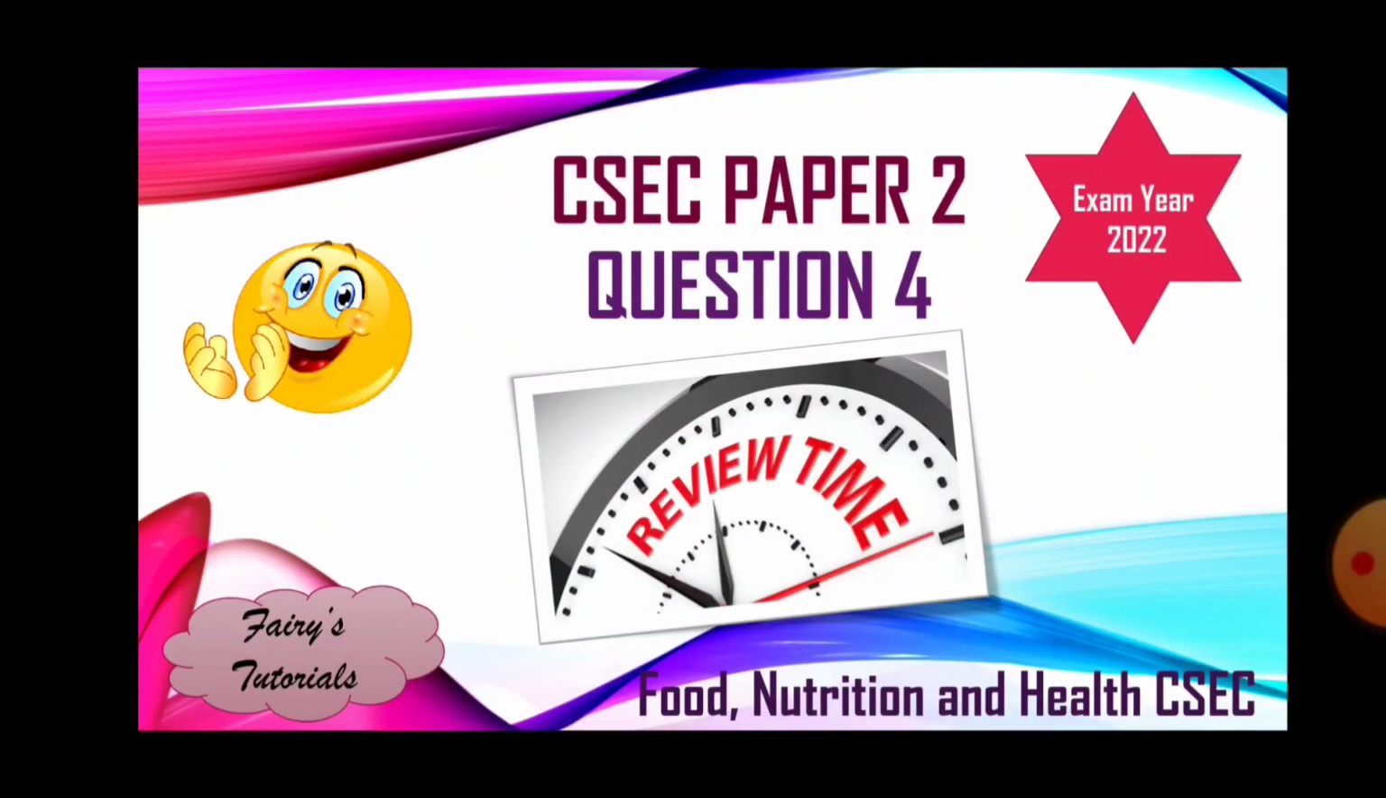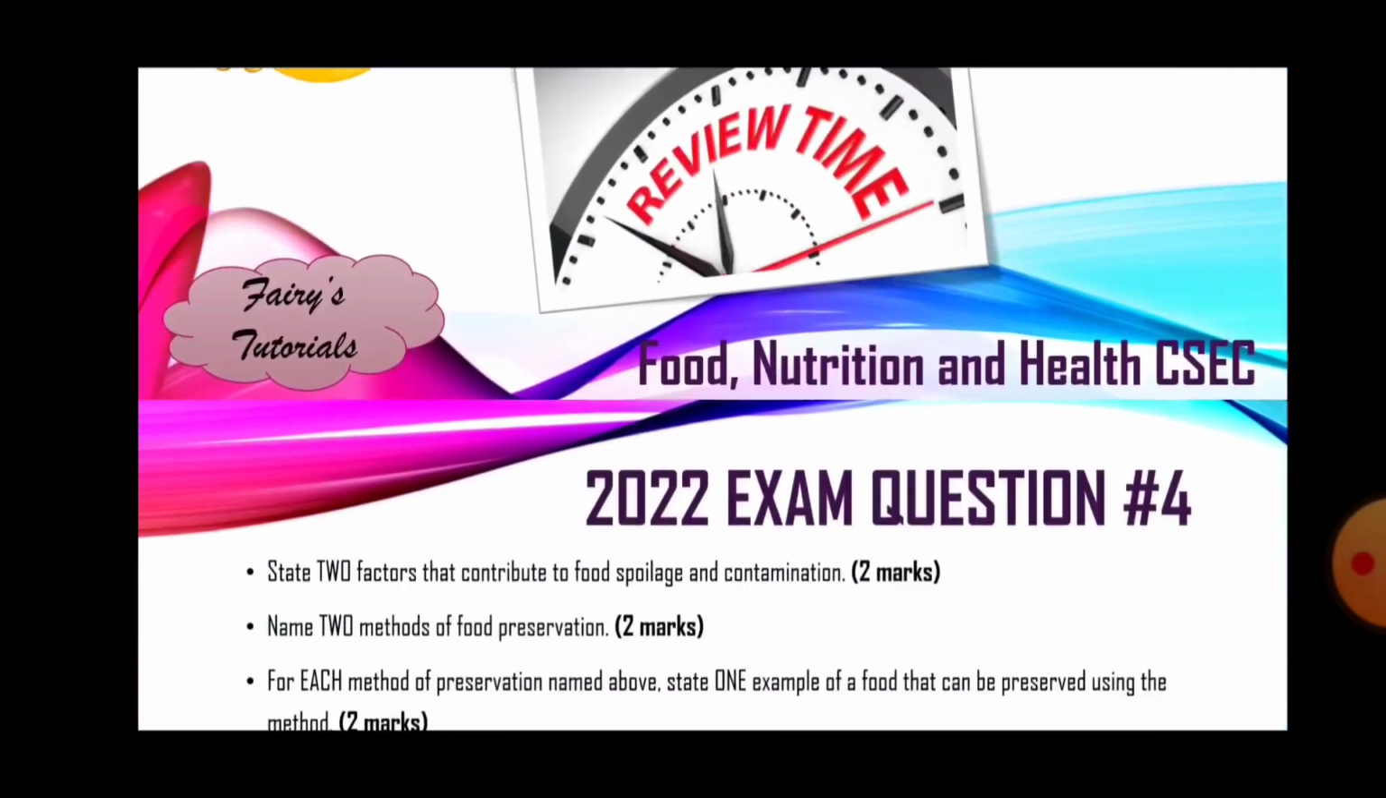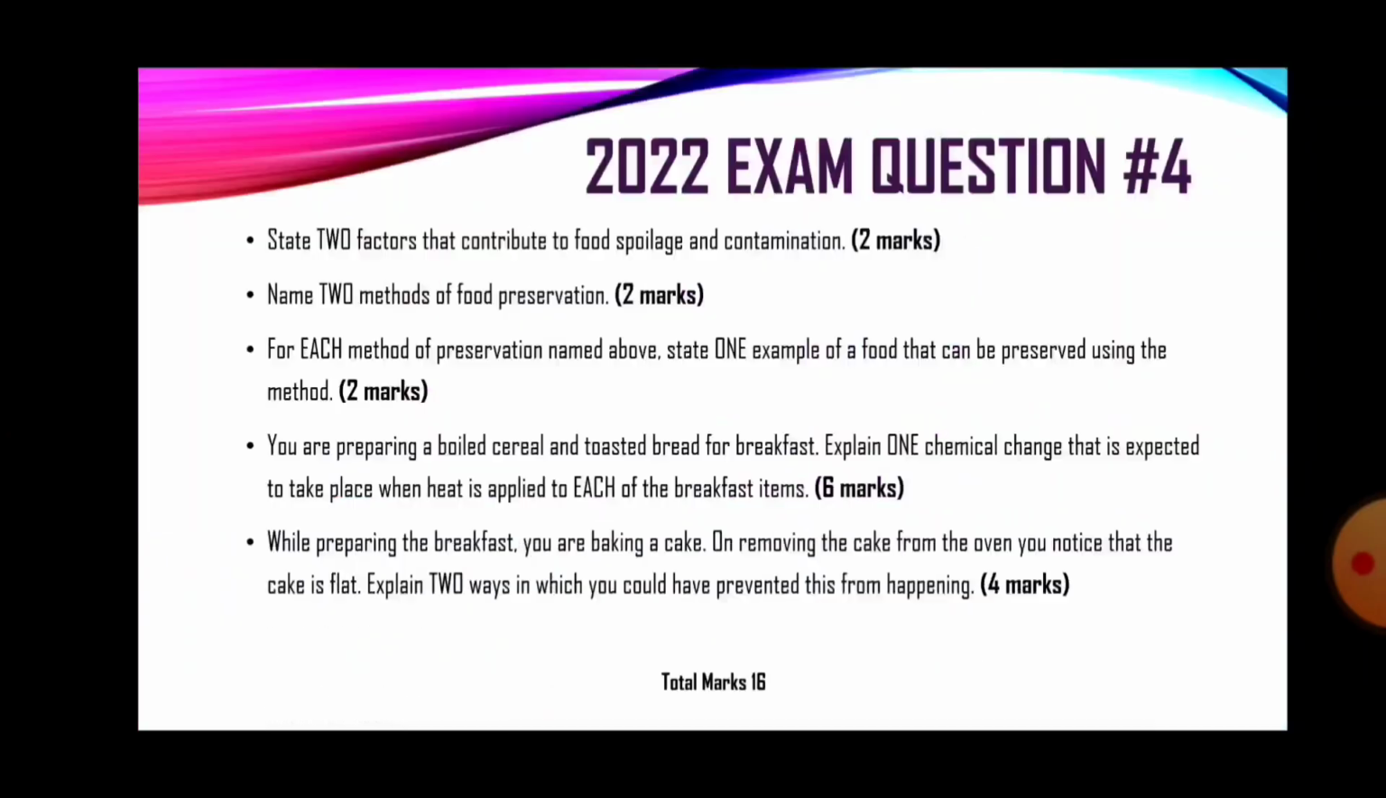Food, nutrition and health. CSEC past paper question for exam year 2022. And in this episode, we're looking at question 4. It reads, state 2 factors that contribute to food spoilage and contamination. 2 marks. Name 2 methods of food preservation. 2 marks. For each method of preservation named above, state 1 example of a food that can be preserved using